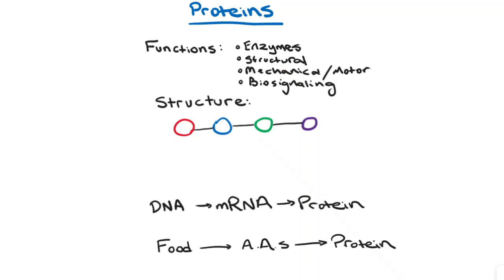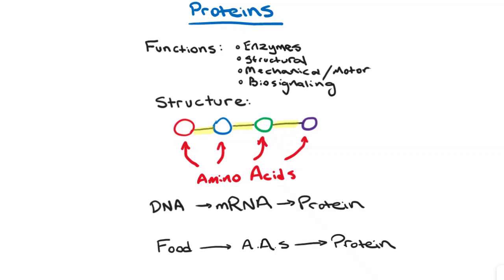Okay. All right, so now let's talk about the structure of proteins. All right, so really basic, guys, really basic. Proteins are just these things called amino acids linked together in these long chains, right? So you can think about this diagram here. Each one of these circles represents an amino acid, and then the lines in between them just represent chemical bonds between the amino acids. All right, so this is the basic structure of every single protein, okay?